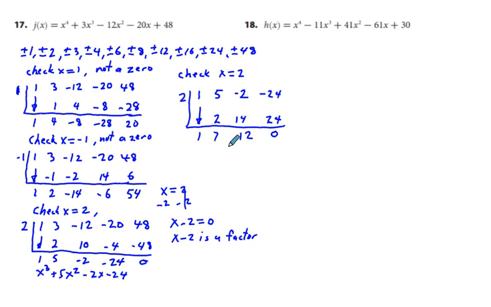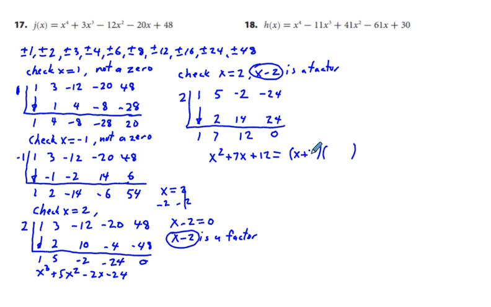So we have x minus 2 is a factor. We use 2 again. X minus 2 is a factor. So we have those two factors. And then finally we have this x squared plus 7x plus 12. And that's going to be equal to x plus 3, and x plus 4. So these are the other remaining factors from this